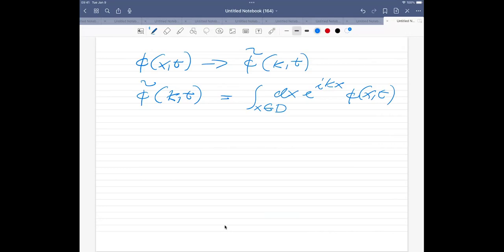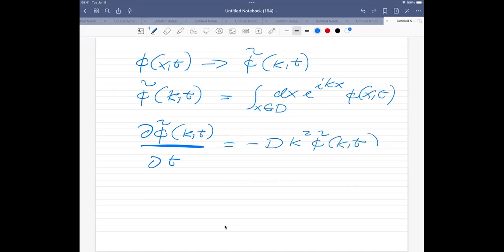So if I then take the Fourier transform of the differential equation, I now get a differential equation for phi tilde of k and t, where the derivative with respect to t is equal to minus D k squared times phi tilde of k and t, because now I take the second derivative. This is probably something you've seen before. And this is an equation which we can solve. So it will have initial conditions,